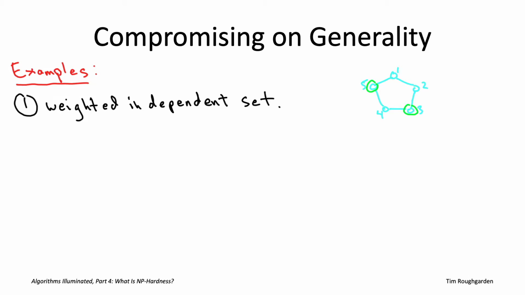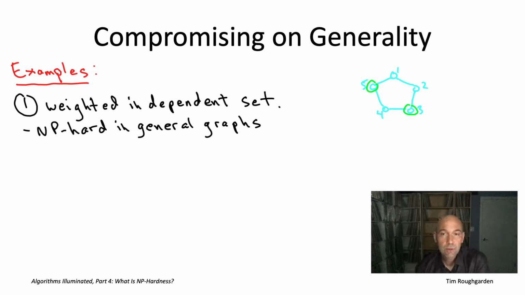So the weighted independent set problem turns out to be NP-hard in general, just like the TSP. We will actually see a proof of that later on in this video playlist. Now, for those of you who are graduates of the Dynamic Programming Bootcamp in part 3 of the book series, you might recall that the way I introduced you to dynamic programming was actually with this exact same weighted independent set problem. And in fact, we used dynamic programming to give a linear time algorithm for computing the maximum weight independent set. So what's the catch?